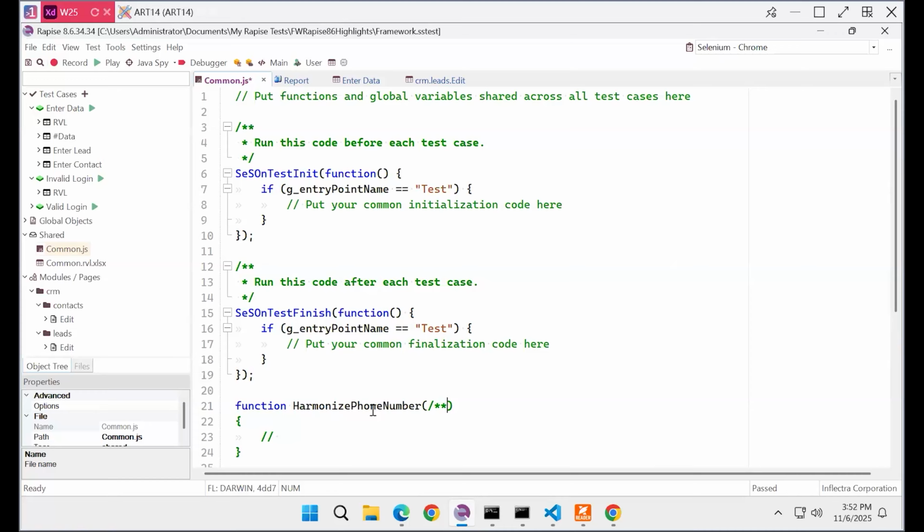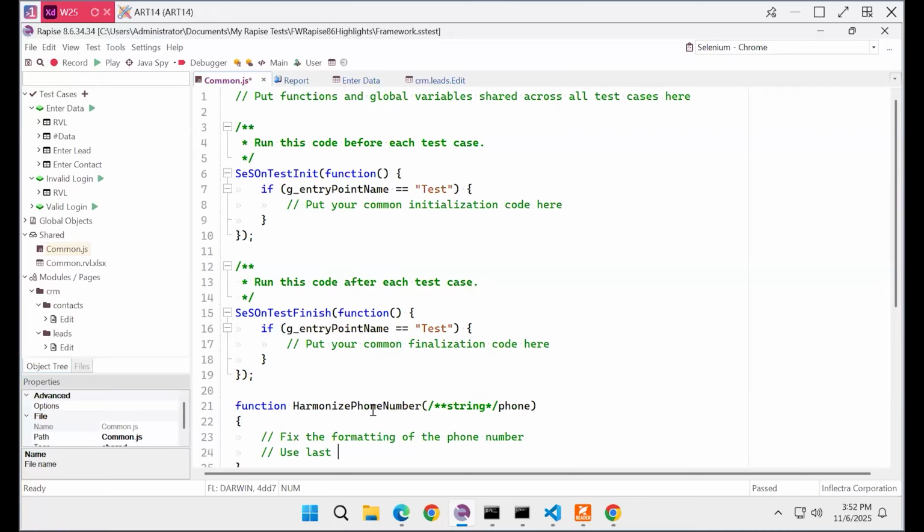I like to control the signature naming of the function, but you may get the whole function just from the record. So it would take phone as an input and keep the format of the phone number while